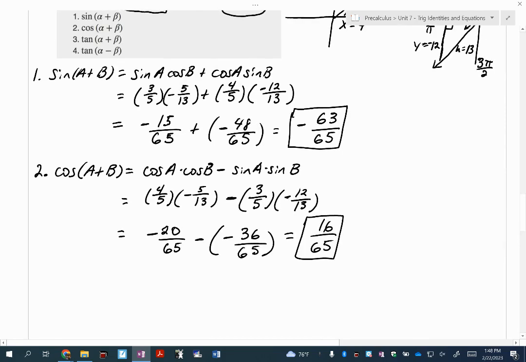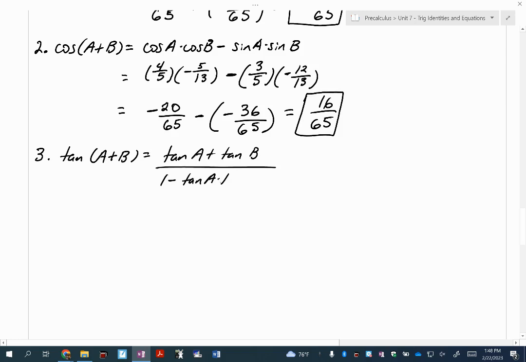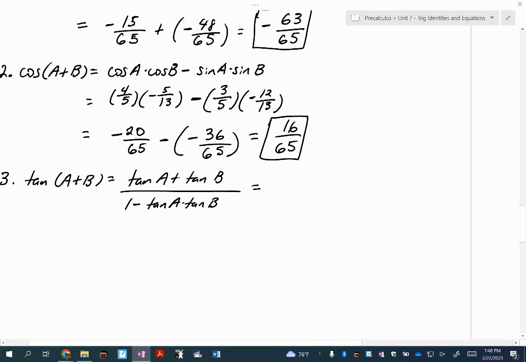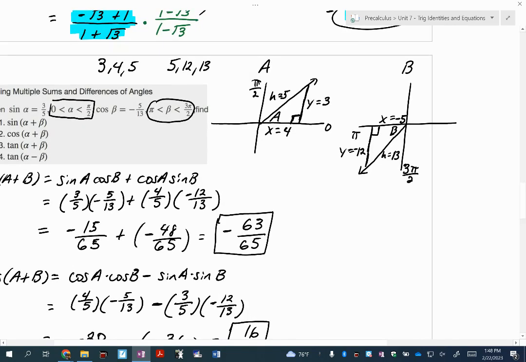Now let's do number 3. Number 3 is the tangent of A plus B. These are going to be a little trickier because we'll need to find tangent. We don't know that one yet. So the tangent of A plus B, using my formula, that's going to be the tangent of A plus the tangent of B over 1 minus tangent of A times tangent of B. Okay? So we're going to go ahead and get the tangent of angle A, which is opposite over adjacent, is going to be 3/4